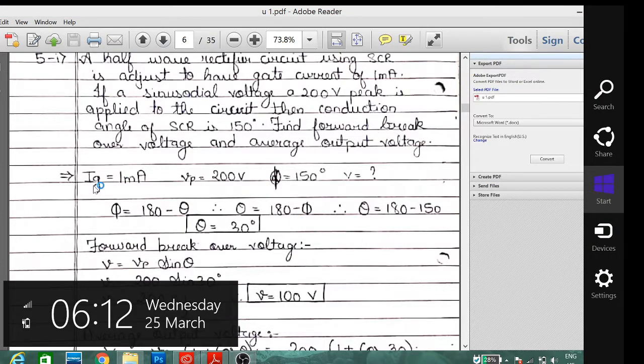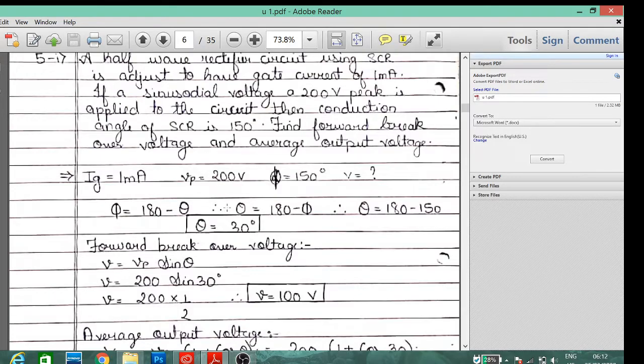Now here IG is equal to 1 milliamp, peak Vp is 200, and the conduction angle is 150. The conduction angle is equal to 180 minus theta,